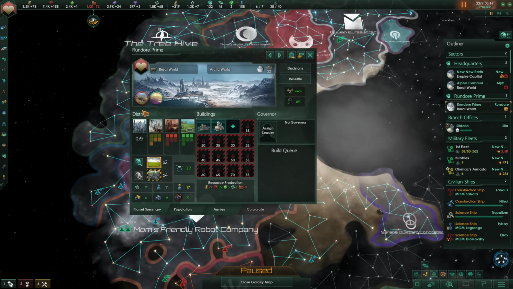Now, I talked about how the maximum number of districts you can have is based on the planet's size. The maximum number of buildings you can have is based on your population. So Rundor here has 3 building slots available. When I hit population 15 on this planet, this building slot will become available. When you reach population 75, all your building slots will be unlocked. Your population can continue to grow beyond that, but you won't get any extra building slots for that. And then it'll become more important for you to upgrade existing buildings so you can have as much housing as